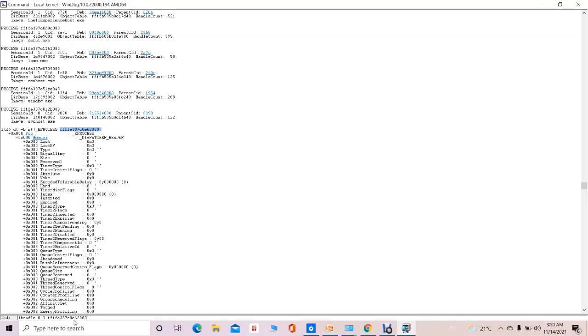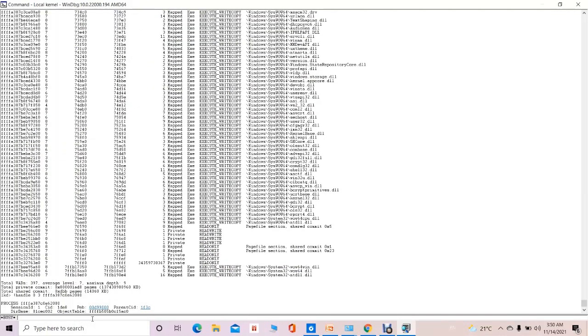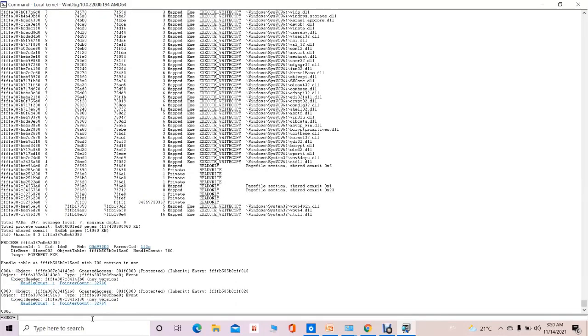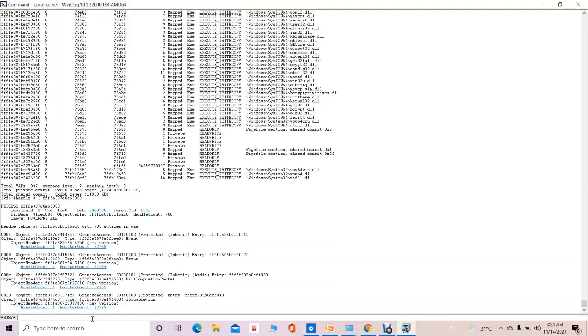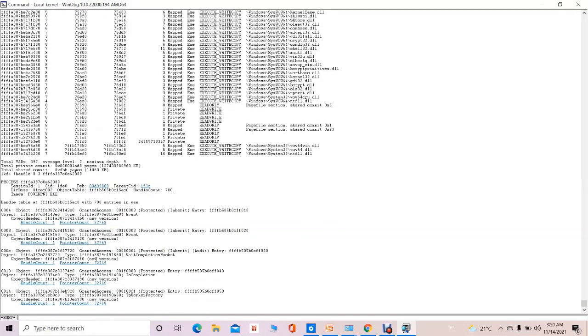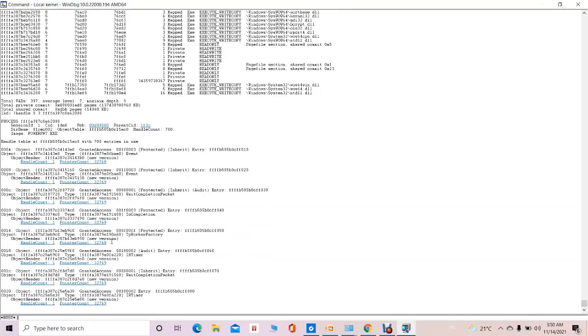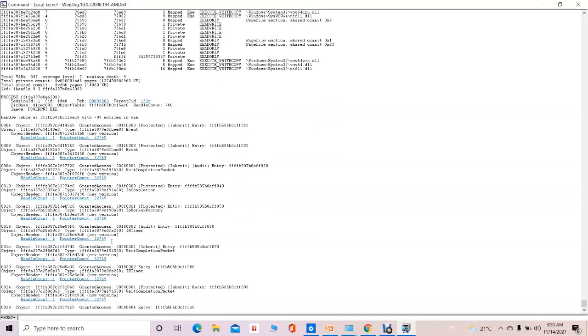So for that purpose, what we have done, we have used the command handle, then we have given the parameter. 0 is for getting all the handles, and then the virtual address for the eProcess structure for the powerpoint.exe. So click on this. So we can get all the handles which are open for this particular powerpoint.exe running process. One by one we are getting the entries for all the objects which are open for this running process, that is powerpoint.exe.